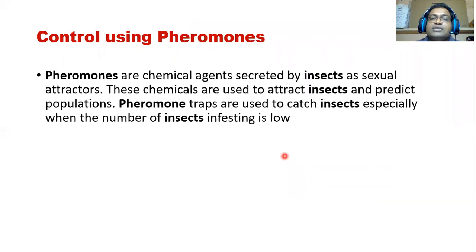Another technique is that you can use pheromones, right? So many pheromones. Pheromones are sexual chemicals produced by the insect to attract its opposite mates. There are different types of pheromones, but we are using the sexual pheromones. Insects produce alarm pheromones, mourning pheromones, and different pheromones. You would have studied this in honeybees, no?